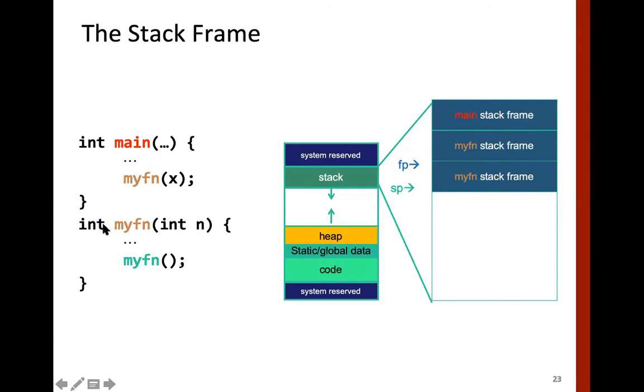Similarly, now when we execute this my function, it's calling itself, right? So when control goes to the second instance of this my function, correspondingly we will have a stack frame here. Again, let's assume that it calls itself, then there will be one more stack frame here. Now, had this my function called some other function, say my function 1, then this stack frame would have been my function 1.